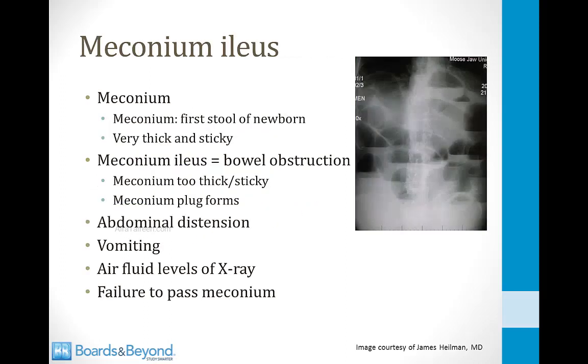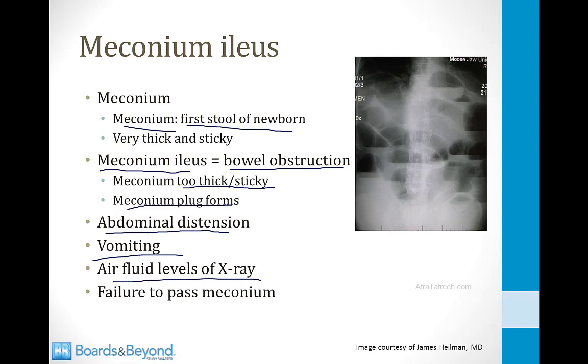So recall that I said one of the ways that CF often presents in infants is with a bowel obstruction from meconium ileus. So let's talk about what that is right now. Meconium is the first stool of the newborn. It's usually very thick and sticky, and it usually passes shortly after birth. Meconium ileus is a bowel obstruction from that meconium, and it occurs when the meconium is too thick and sticky and a plug forms and obstructs the bowels. This results in abdominal distension and vomiting, and it results in air fluid levels if you take an X-ray, and the child will fail to pass meconium, meaning they won't have a bowel movement in their first few days of